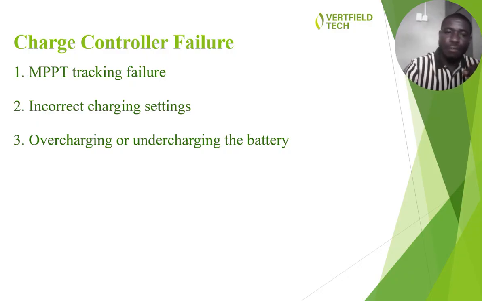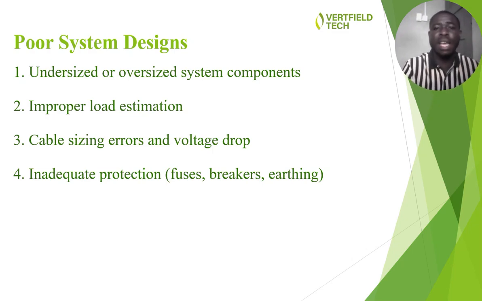entire solar generator failure. Poor system design. This is entirely on the manufacturers. So if it is an undersized or oversized component, then you know that your system will be open to failure. If you have improper load estimation, that is to say a 500 watt solar generator cannot even power up a 400 watt load, it means that that system was not designed properly, even from the lab or from the manufacturers. Okay, cable sizing